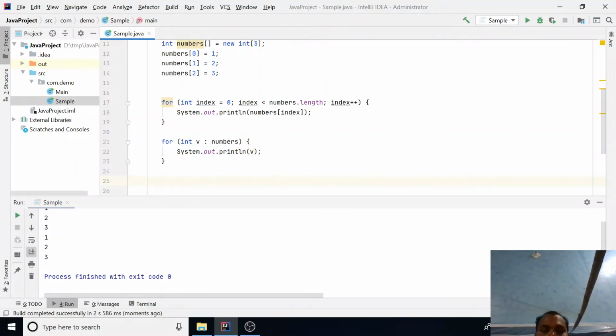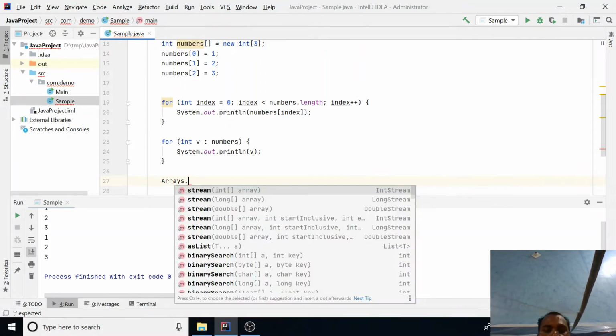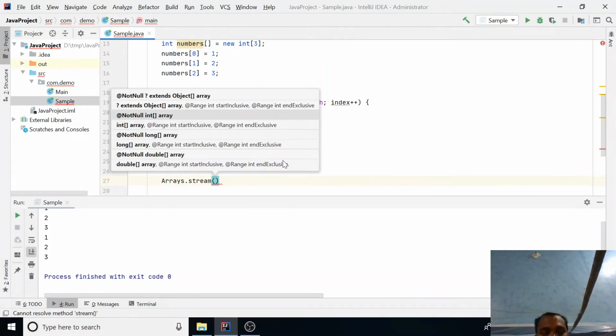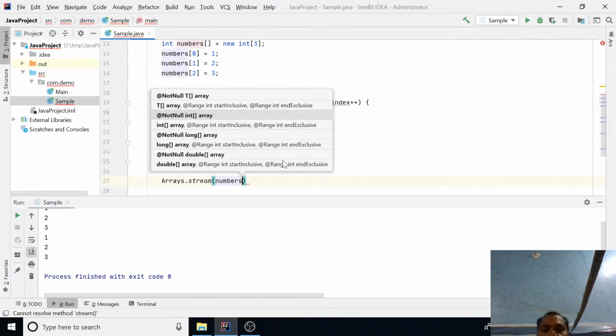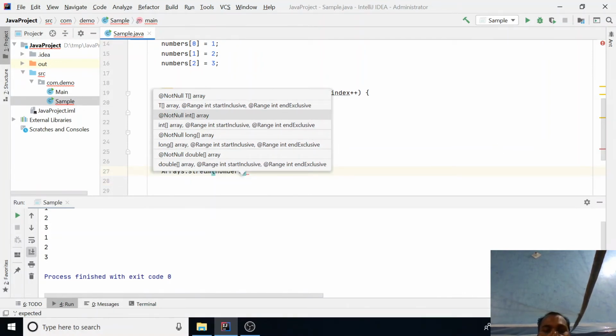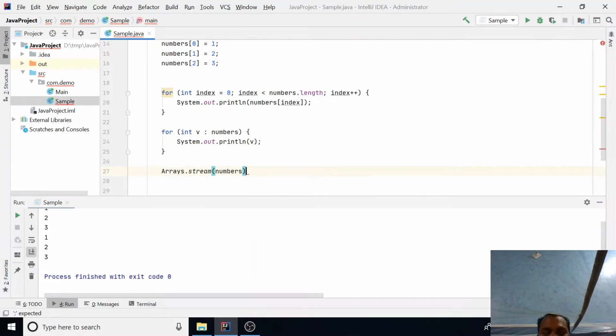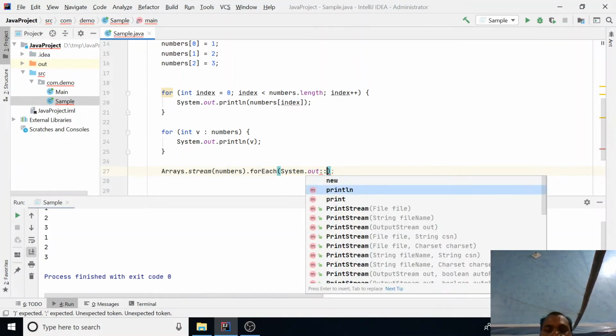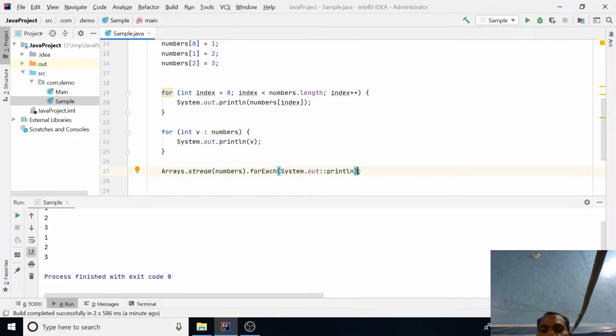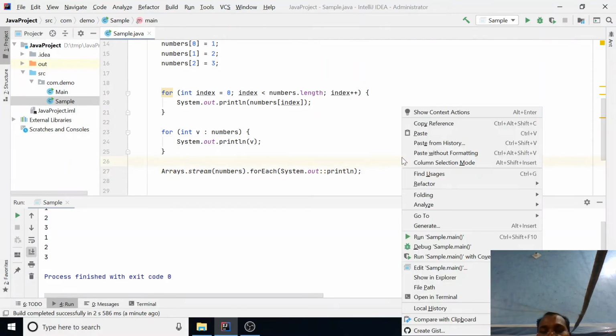Let's take an example of another API, Arrays.stream, and here you specify your array, and after that forEach, System.out.print. So this is a different syntax, a different API, in which we can also do it this way.